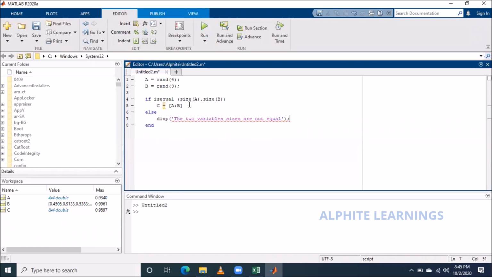If this is the condition, then it prints. If it is not the condition, then else, what it should do. So I'm just doing that. Now you see both sides are not equal, so it skips the first part, and else it displays the message, the two variable sizes are not equal. So this is very basic.